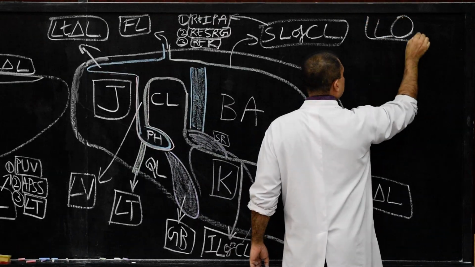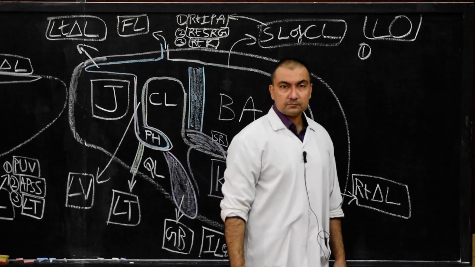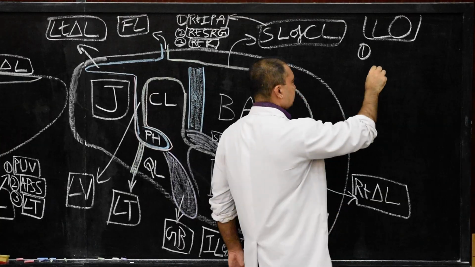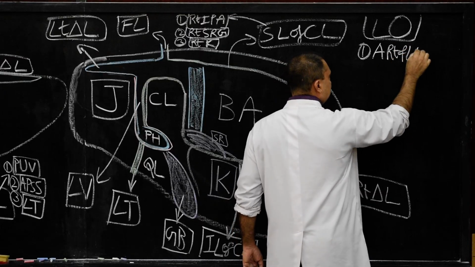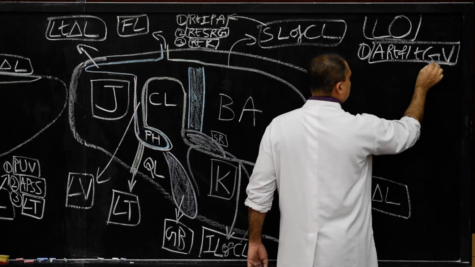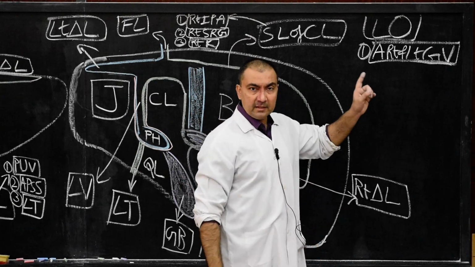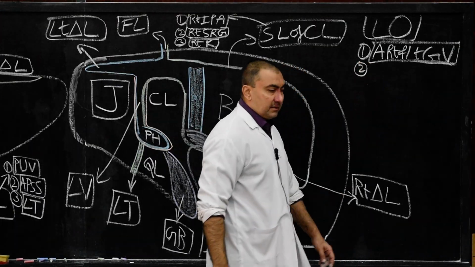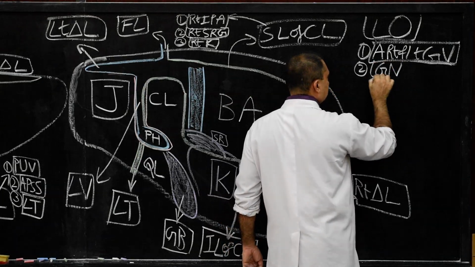Lesser omentum contents will be, number 1, the anastomosis between right and left gastric vessels. Please note this down correctly. It is the anastomosis between the right and the left gastric vessels, content number 1 in lesser omentum. Content number 2 in the lesser omentum, there will be presence of gastric nerves. So gastric nerves, content number 2.